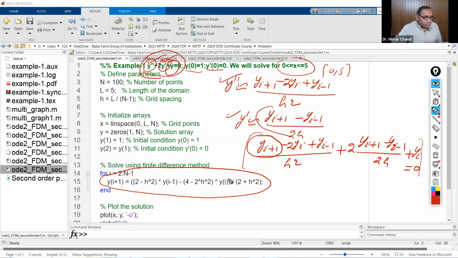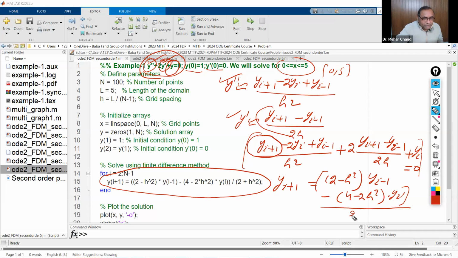So we will solve this equation for y_{i+1}, and after simplifying you will have this equation: y_{i+1} will be equal to (2 - h²) y_{i-1}, minus (4 - 2h²) into y_i, upon 2 + h². So when you simplify this expression and solve for y_{i+1}, this equation is required